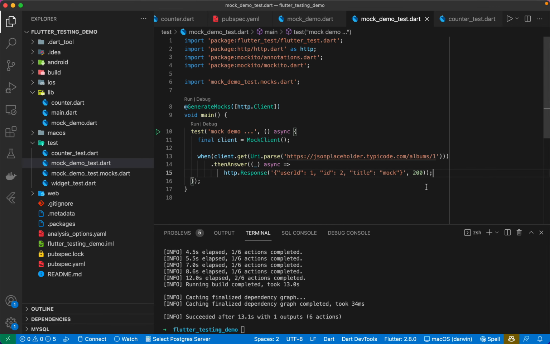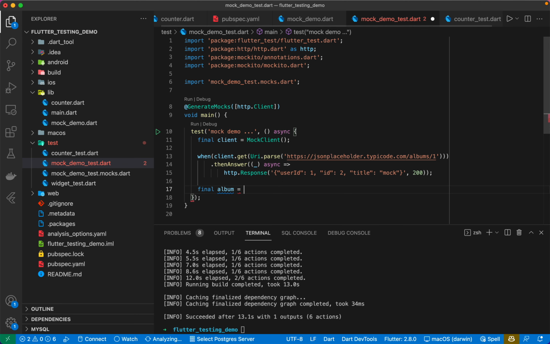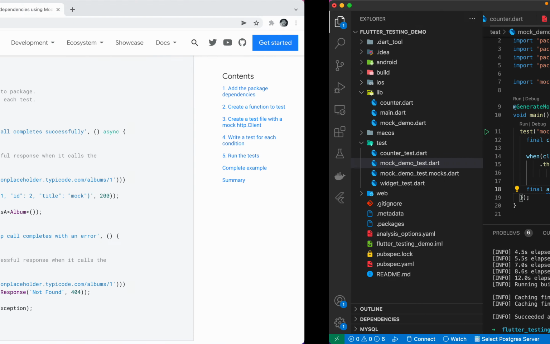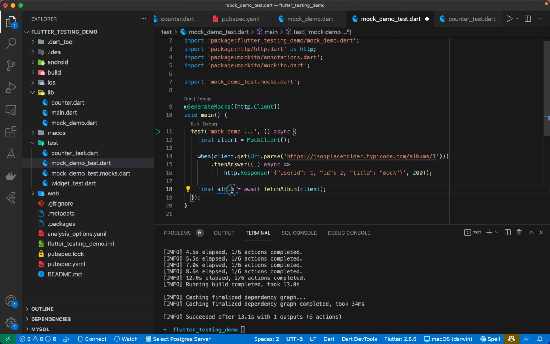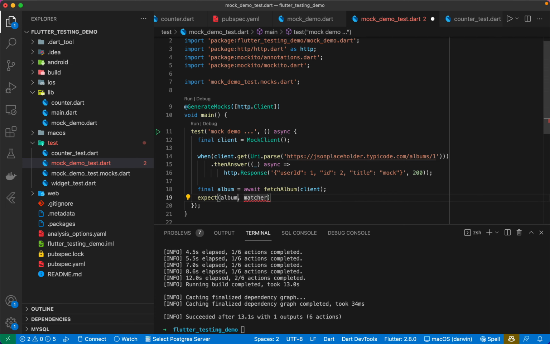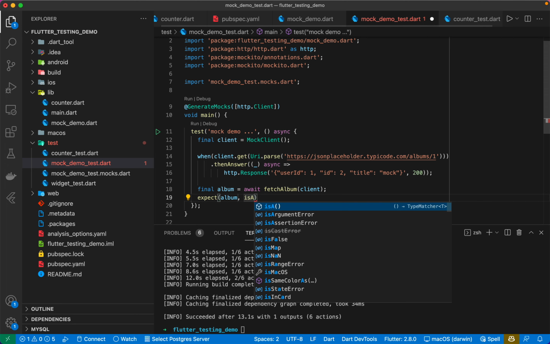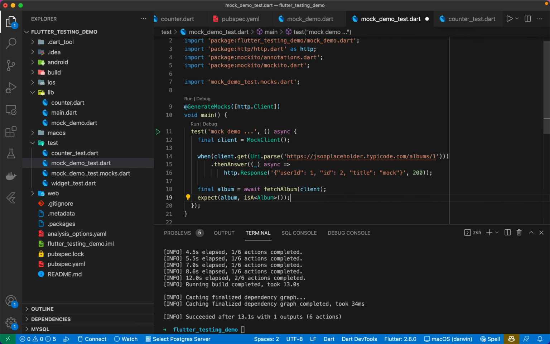Now I am calling fetchAlbum: final album equals await fetchAlbum, and I am using this mock client to pass the data, and inside fetchAlbum of client we get the album. So now I am expecting that the actual album we got is of this type; it is another helper function, and we are checking its type, it should be Album. Optionally we can also check